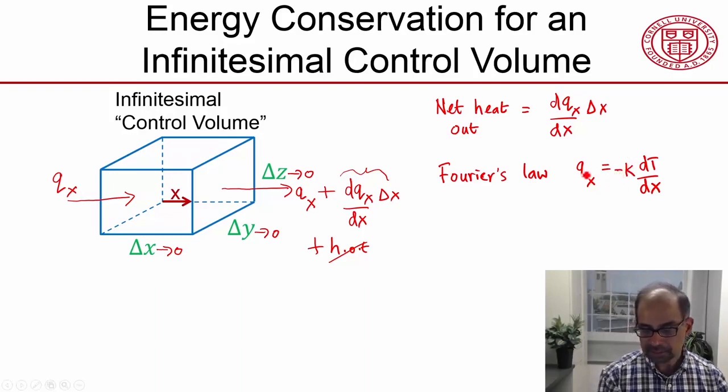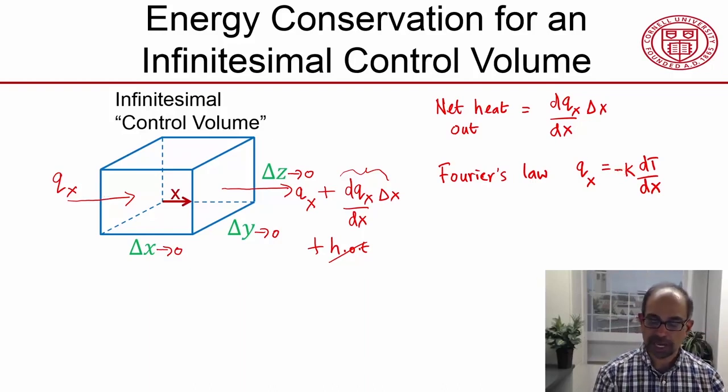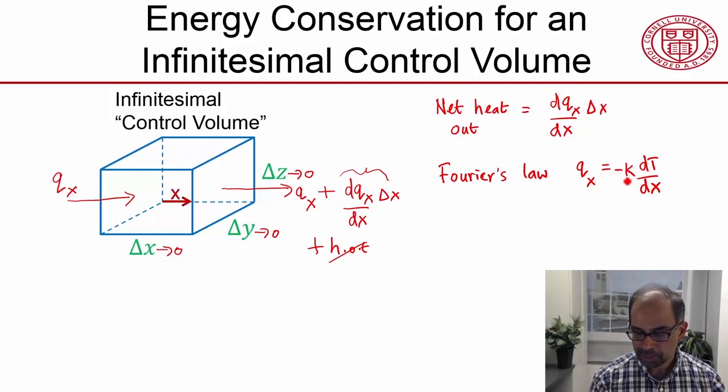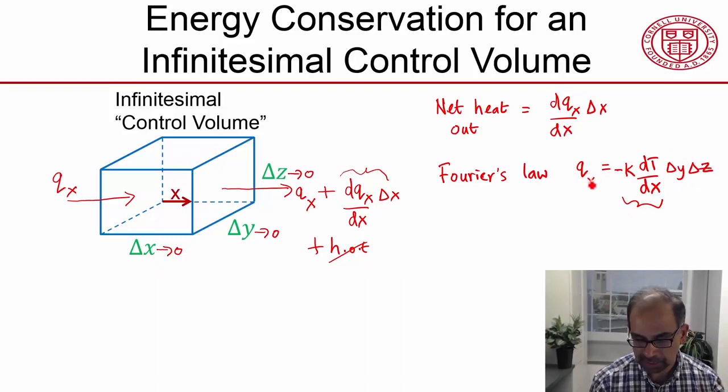The negative sign you need because heat flows from higher temperature to lower temperature. That is, in the direction of decreasing temperature. That's what that negative sign indicates. k is called thermal conductivity, and we'll assume that it's a constant. This term gives me heat flow per unit area, so I need to multiply it by the area of the phase, which is going to be delta y delta z. That's that area, and I'll get the net heat flow